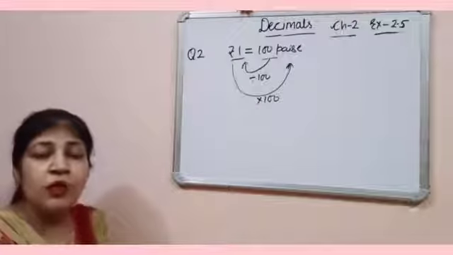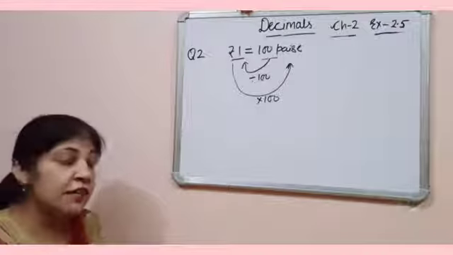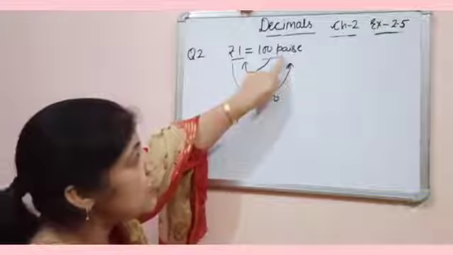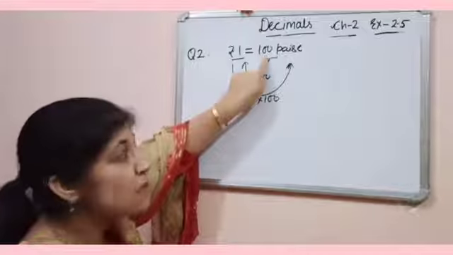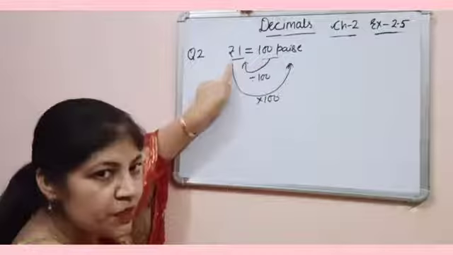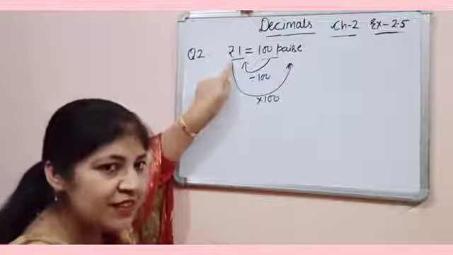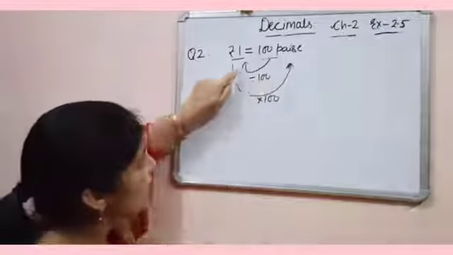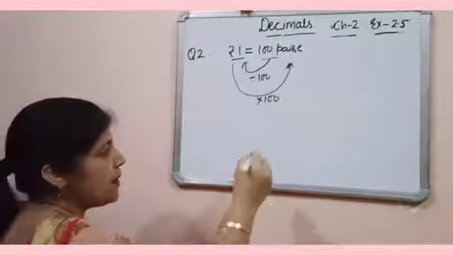And one more thing to remember is when we multiply and when we divide. For converting rupees into paisa: paisa is smaller but paisas are more. For more, we always multiply, that is 100. And for converting paisas into rupees, that is 1, and for 1 we always divide. For finding the value of 1 we always divide. So converting paisas into rupees, you will divide. So let's take an example.